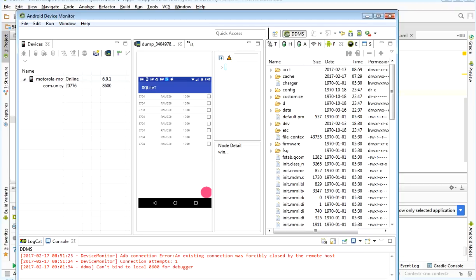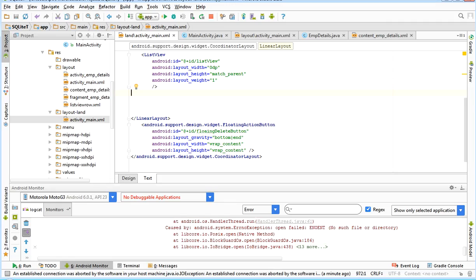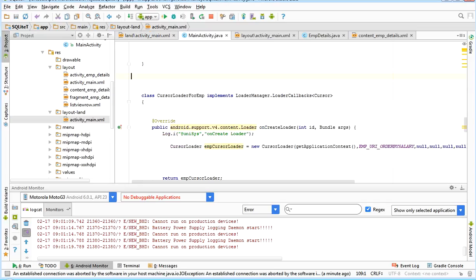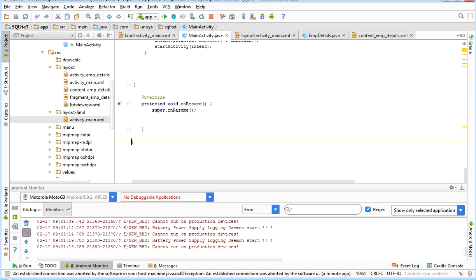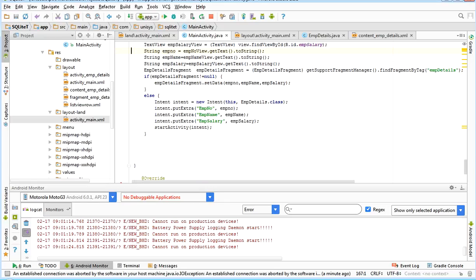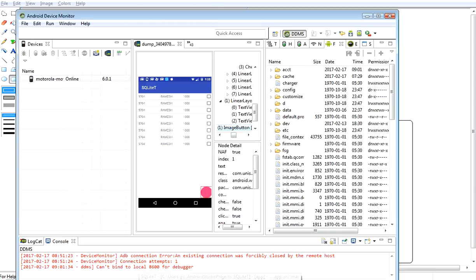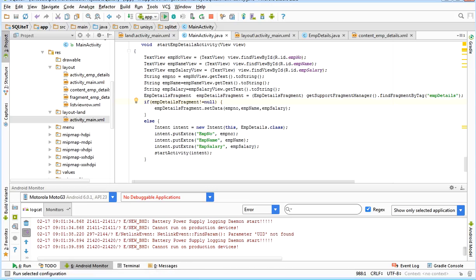So I need to force stop now. So here it was there, so it had created an instance for this app. The app is still running, not destroyed, so that instance is still there. When it comes to the main activity, even though it is not there in the layout, it is giving the address to that fragment. So I force stop it and I will run it again. I don't need to run from here, I can run directly.